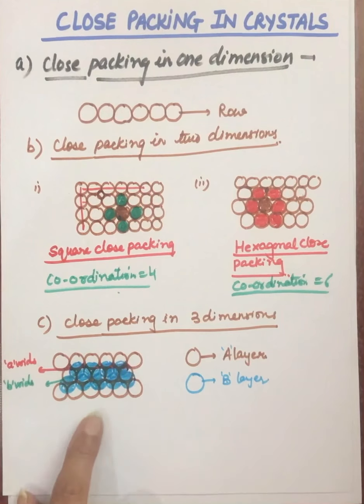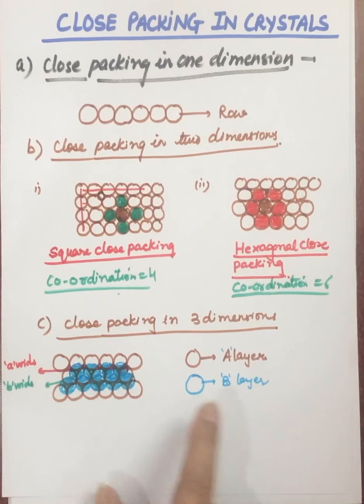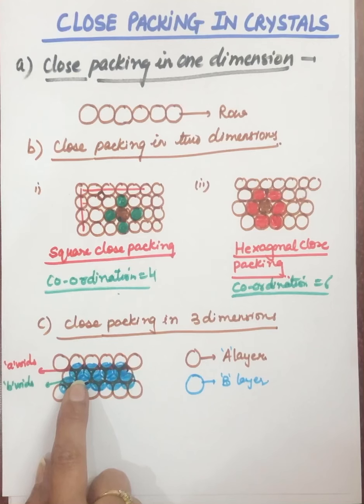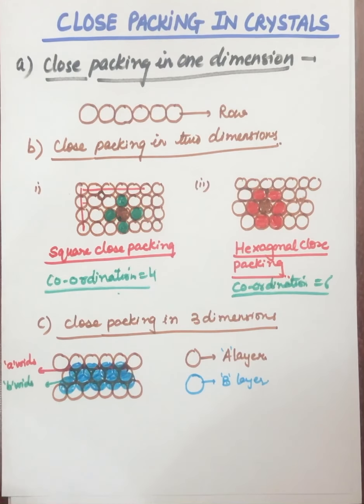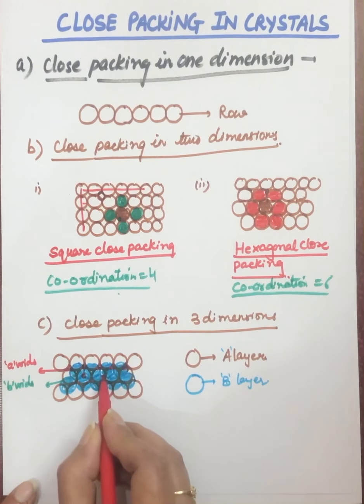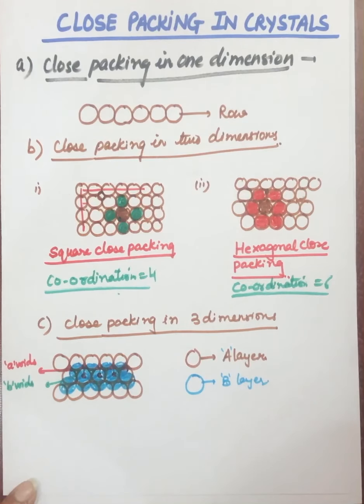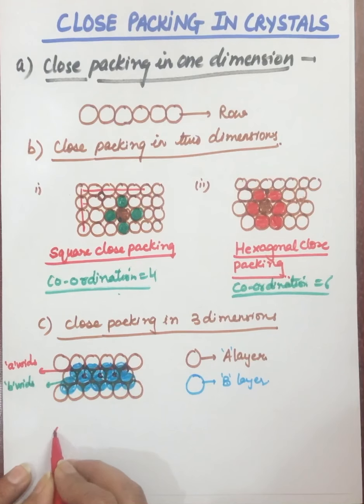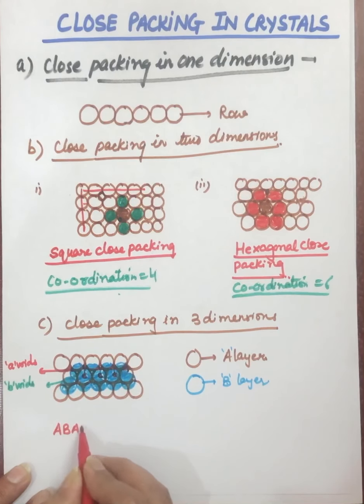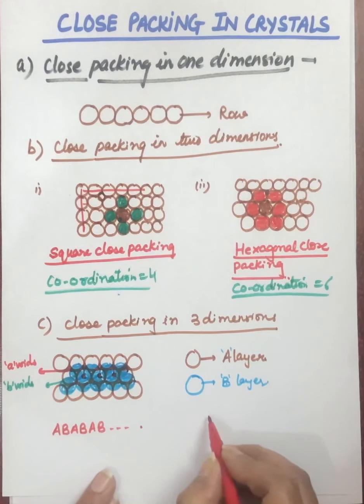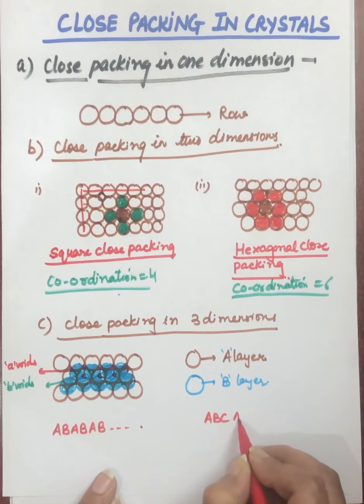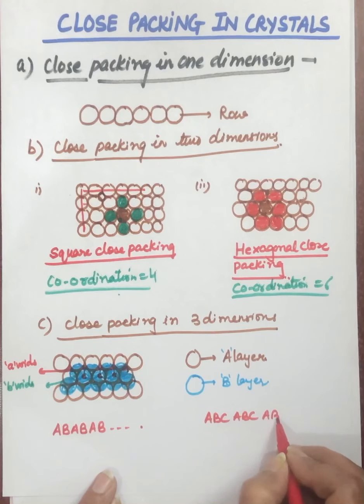So coming back to this part now, see, we were on the second layer, B layer, and now in the B layer, in the blue one, again two type of voids are there which are not clear in this structure, but we have done that here also. We will have the voids between the spheres C and under the spheres D. If we'll cover the C voids or the D voids, arrangement will be different. We are getting two type of arrangements here by placing the third layer, AB type of arrangement, and second one is ABC kind of arrangement.